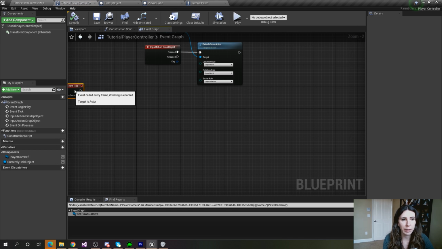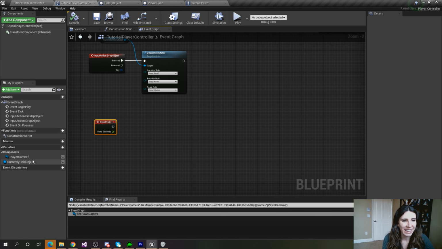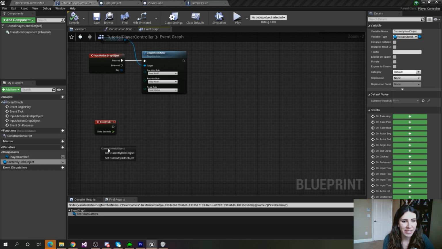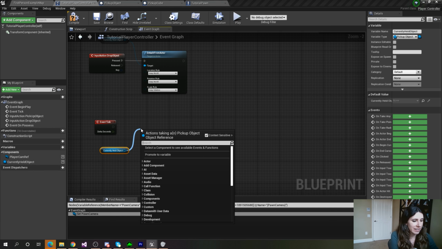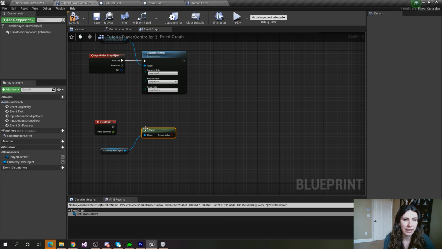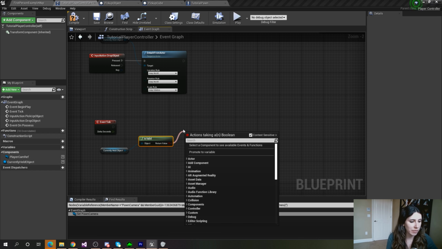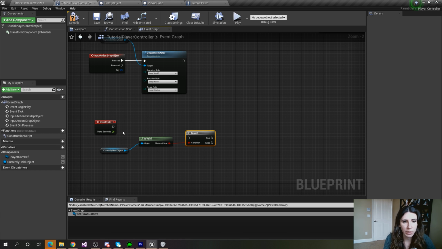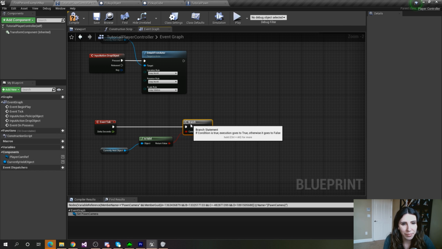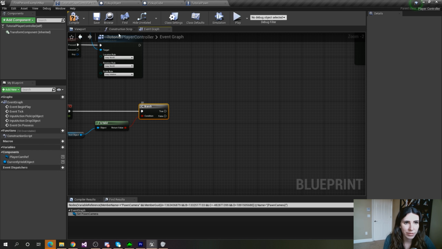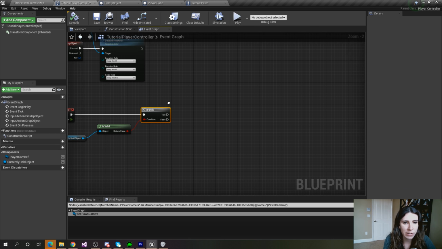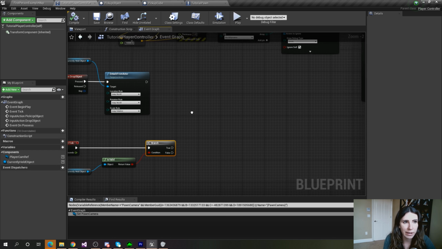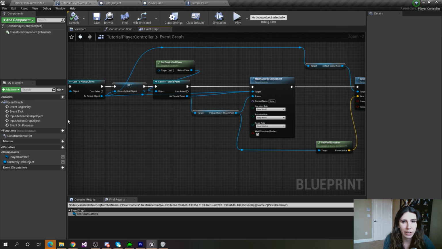Everyone's favorite highly performant function. And if this is valid, basically, then we want to do something. And if it's not, then we don't. So what we're going to do is start off by getting the forward vector of the control